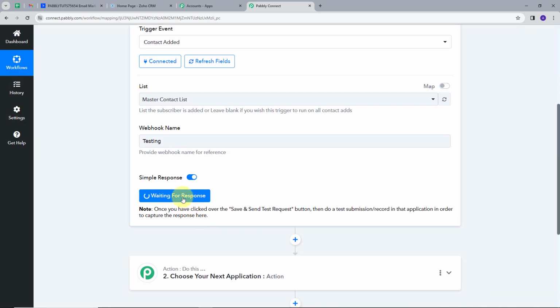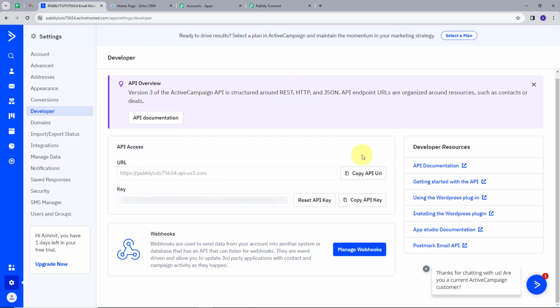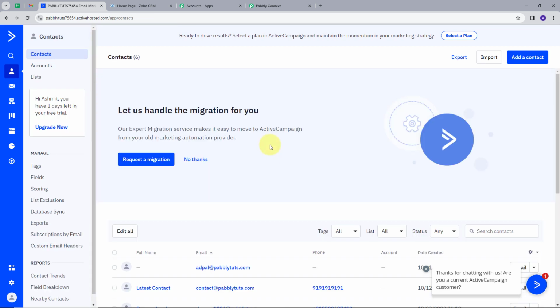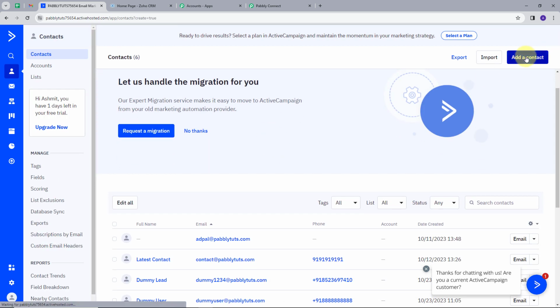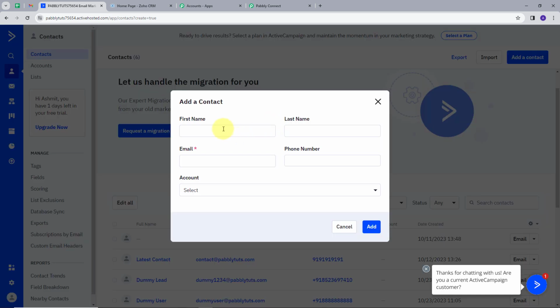Here it says it is waiting for response. So we will go back to ActiveCampaign, and here we will go to Contact section, and I will add a new contact here. I will fill the dummy details here. So my first name will be new, last name will be contact,